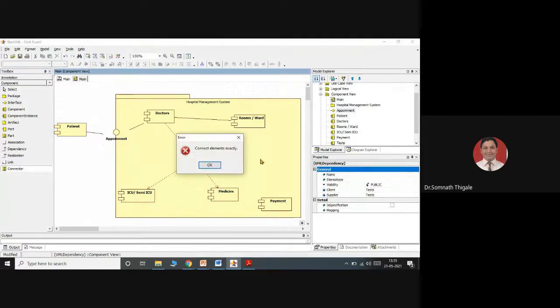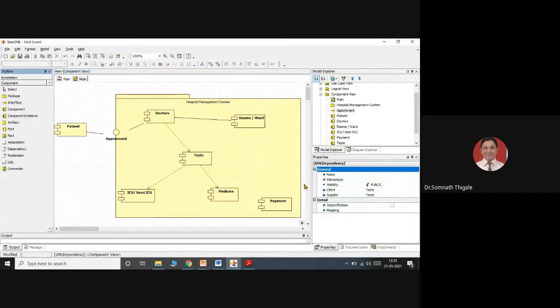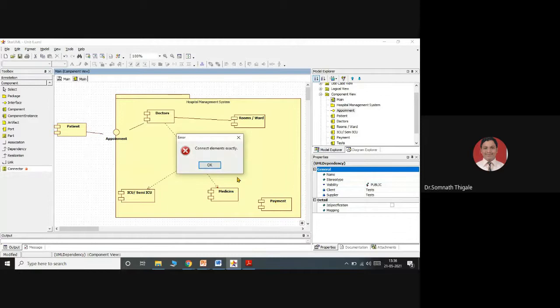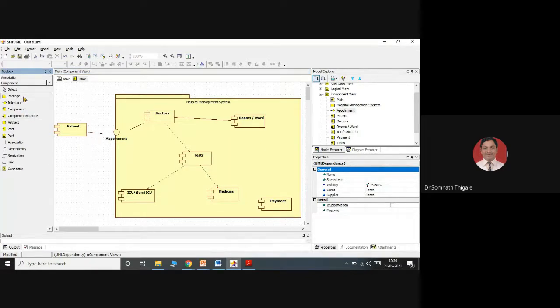So I've just connected this connector. Will connect this part to this. Okay, so this is just a simple hospital management component diagram.